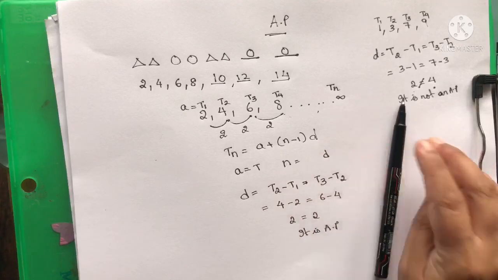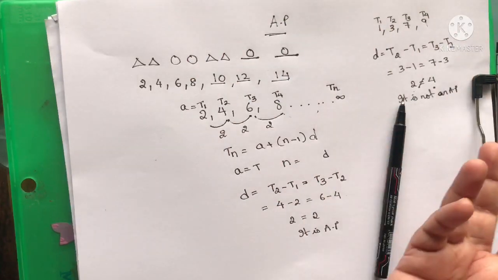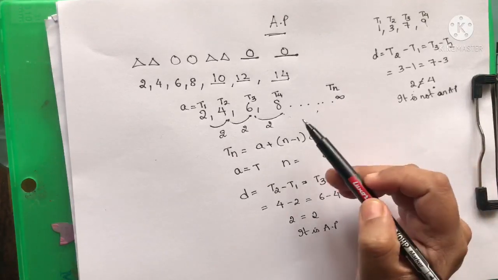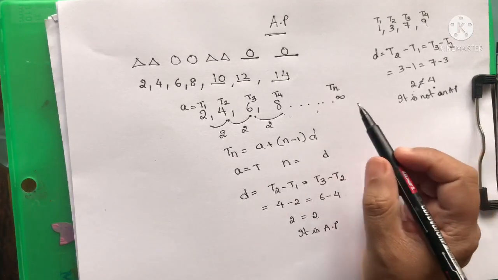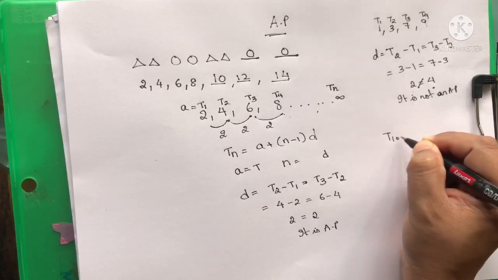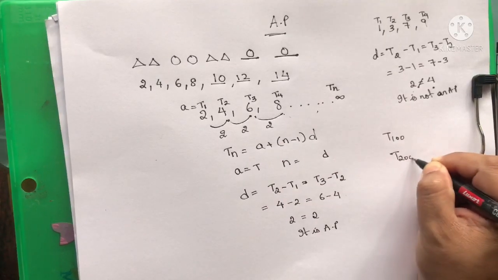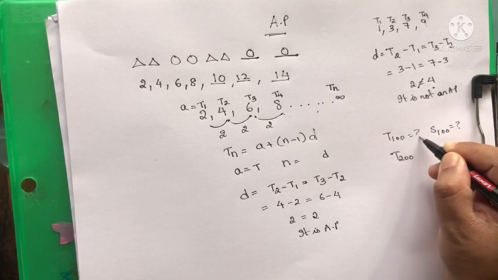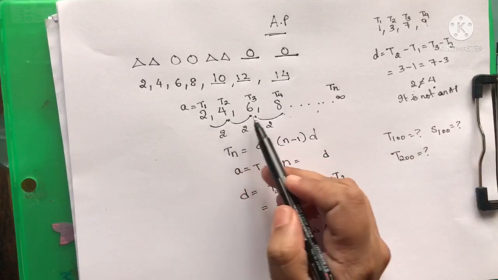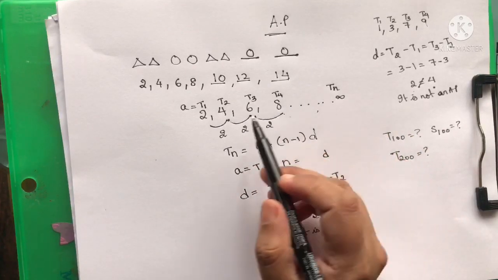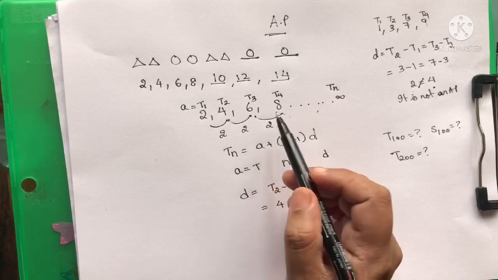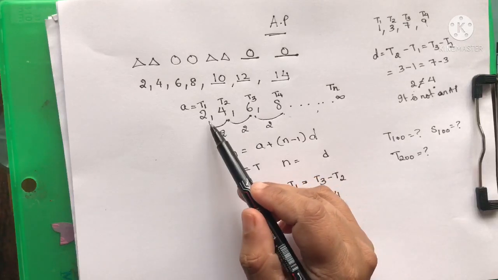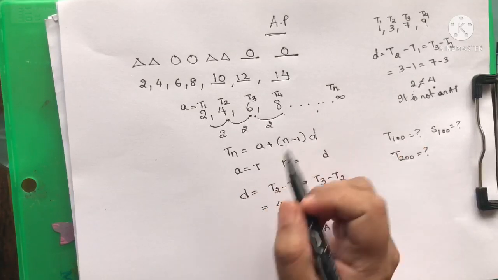Now you must be wondering, what should I do out of all this? Why should I even be studying it? Whenever you get a sequence, and supposing I ask you what is the 100th term or the 200th term in it, or I ask you what is the sum of the first 100 terms in a sequence, it is impossible for you to sit and add up everything. Now if it was just one or two terms, you could easily add it up. Like for example, if I ask what is the sum of the first two terms, you'll say 2 plus 4, 6, and you are done.